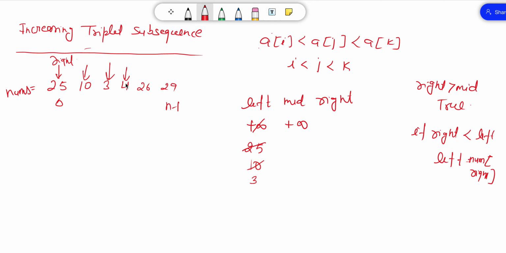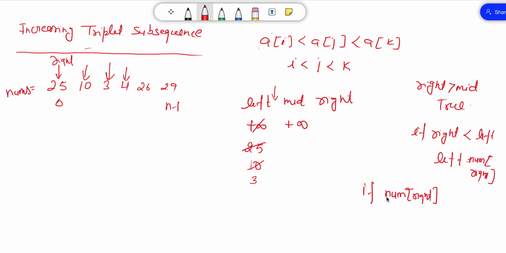Okay, so here we found another case. 4 is less than mid but greater than left. So in this case, nums of right lies here.